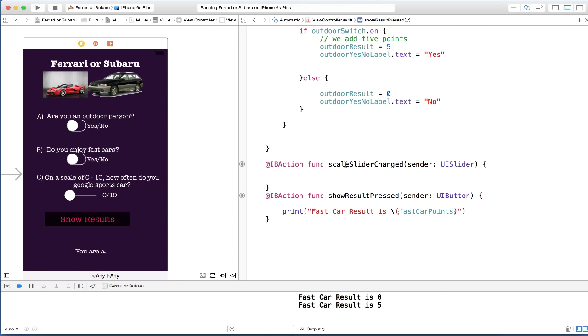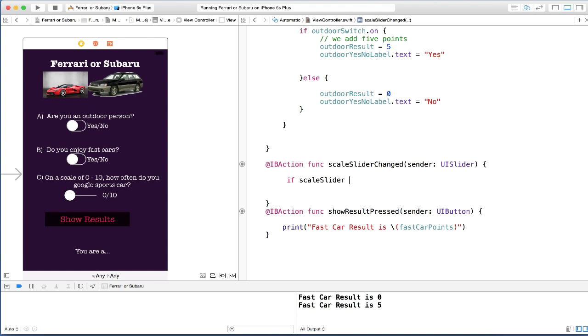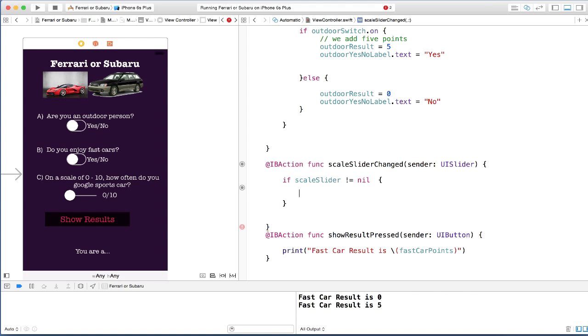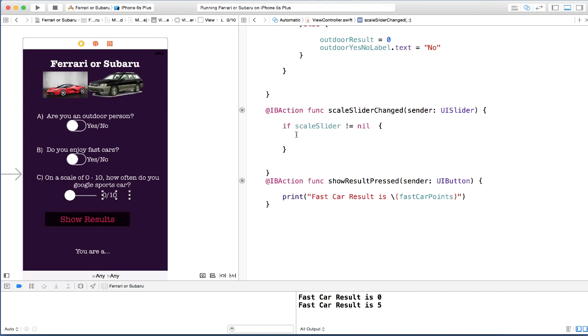So now in our scale slider here, we're gonna go ahead again and say if scale slider is not nil, then we're gonna say if scale slider dot, before we do that, before we start writing our code here, let's make sure we actually have this label connected here.